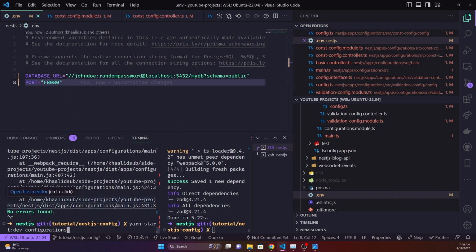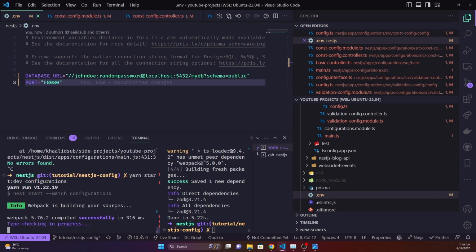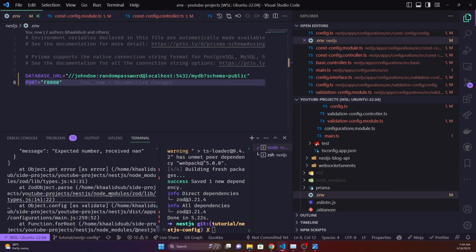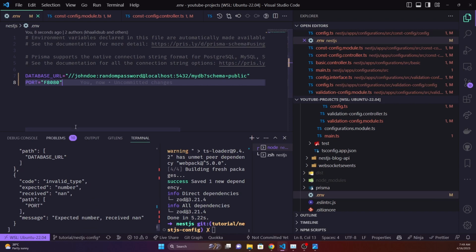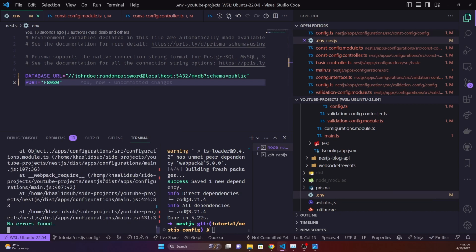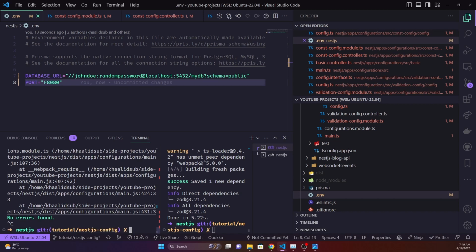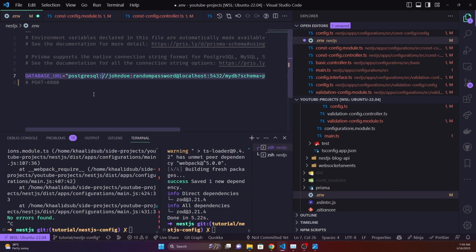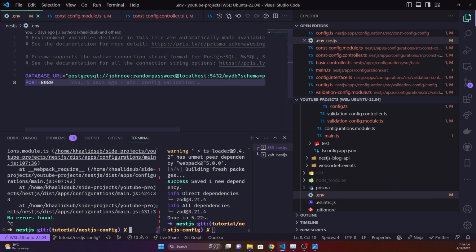Someone messed it up with that, so we'll say configuration. Now if you guys noticed, it throws an error as well for the database URL and in regards to the port, because it expected a number, however it received none, which is like it's undefined, or the type is totally different from what it expected. So let's fix this. Okay, we are fixing this,